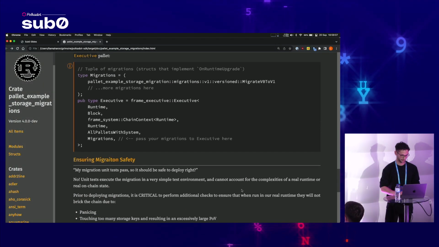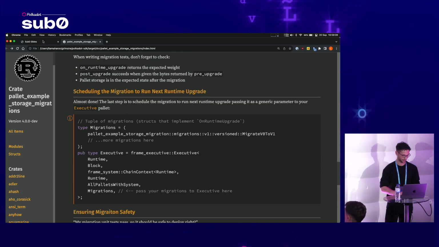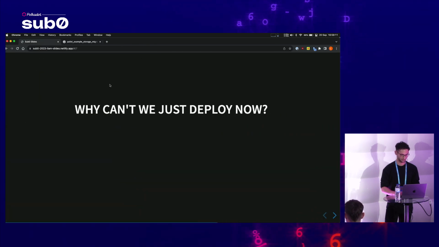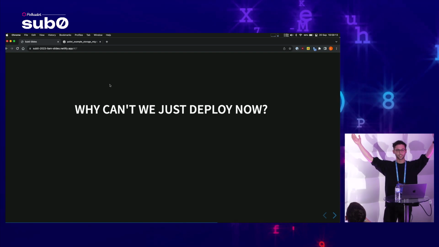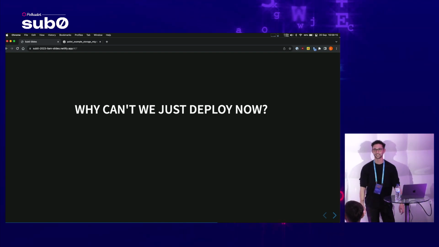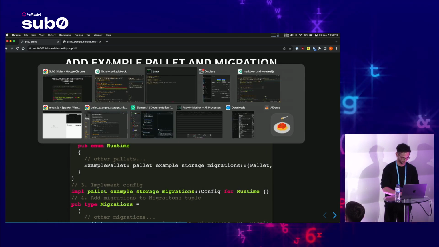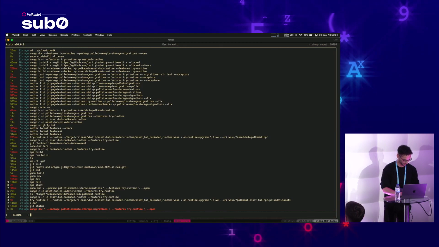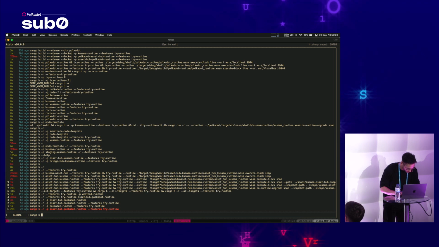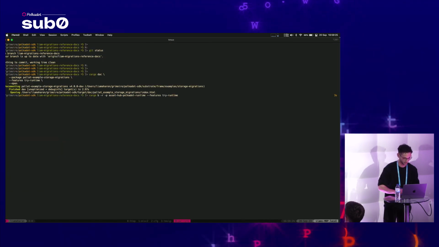Great. All right. So let's go back to slides. We've added the example palette to Asset Hub. Why can't we just deploy now? We've got our unit tests. What we're also going to do is build our runtime. So let's run cargo build Asset Hub Polkadot